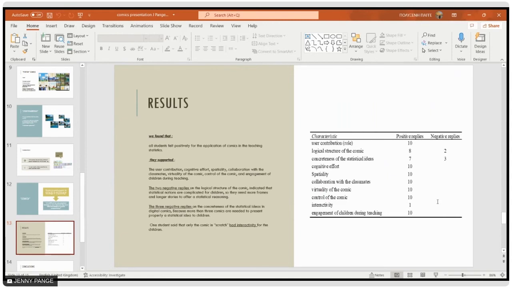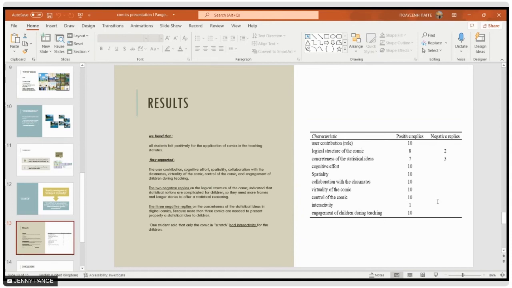Let's see now the characteristics that we had for creating that comic and what we found. We found that students felt positively about the application of comics in the teaching of statistics, and they said it was a very nice idea to work together, to discuss a topic with other students and with our teacher, get some ideas and work using these comics.